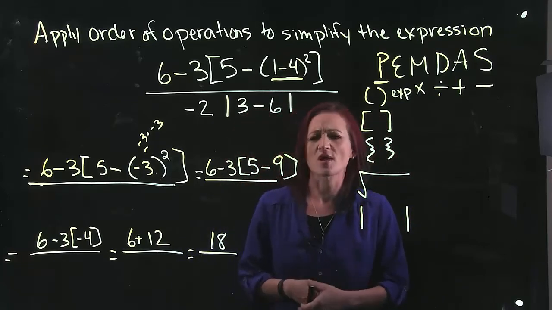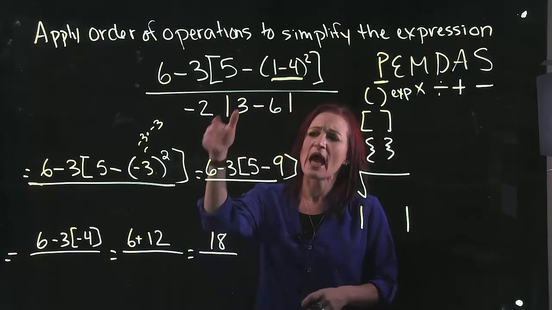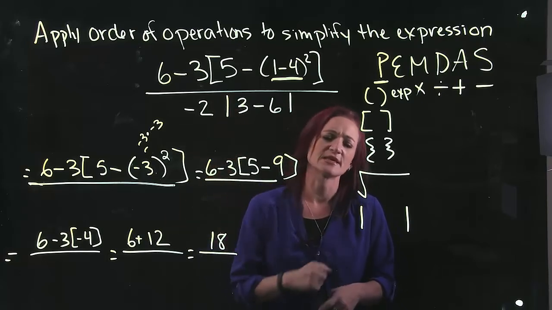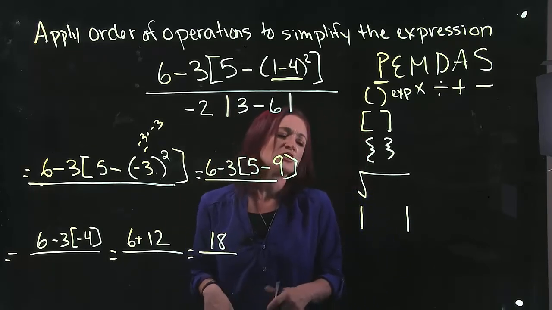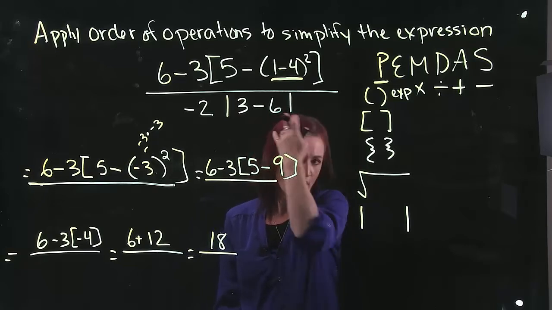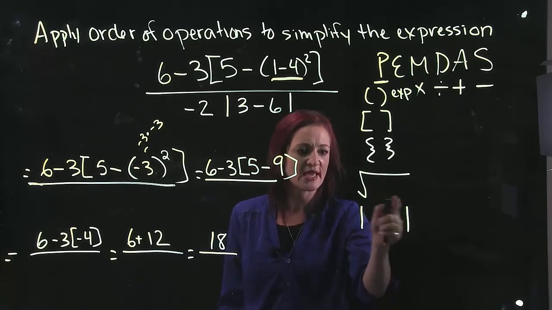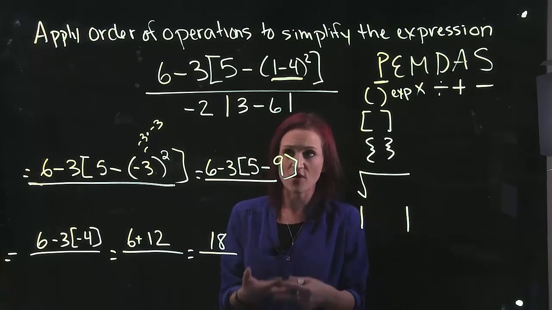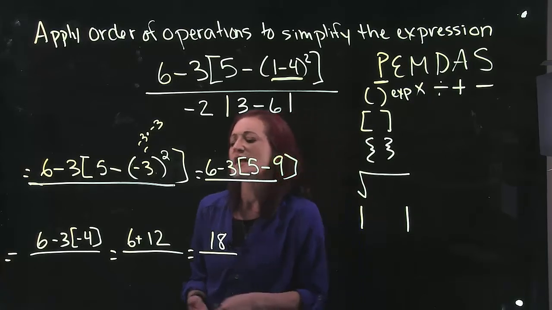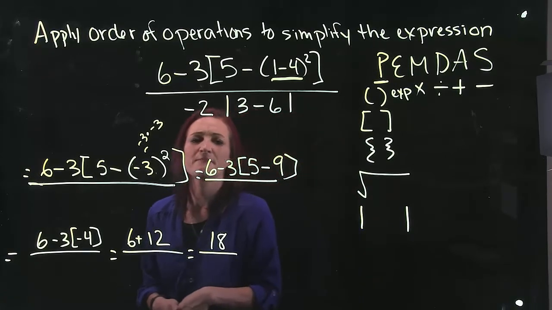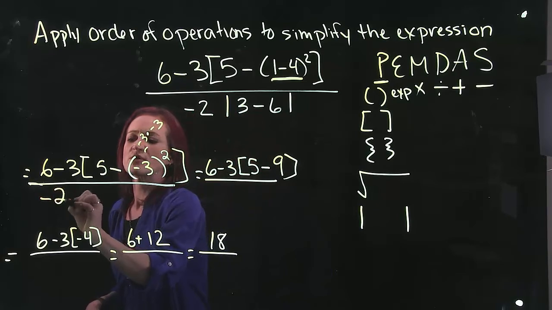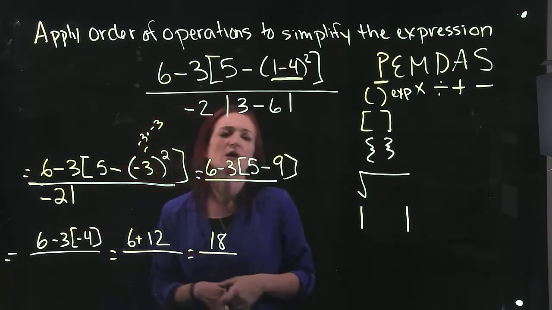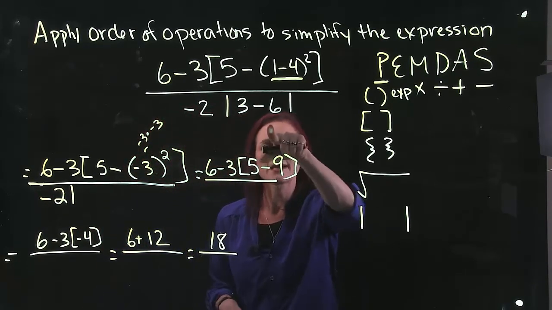We don't have as much going on in the denominator. Negative 2, absolute value, 3 minus 6, and absolute value. So remember, if there's a calculation inside our absolute value bars, we want to go ahead and take care of that because that fits with our parentheses. And inside our absolute value bars, we have 3 minus 6. So I'm going to drop down the minus 2. And then inside our absolute value bars, we have 3 minus 6,